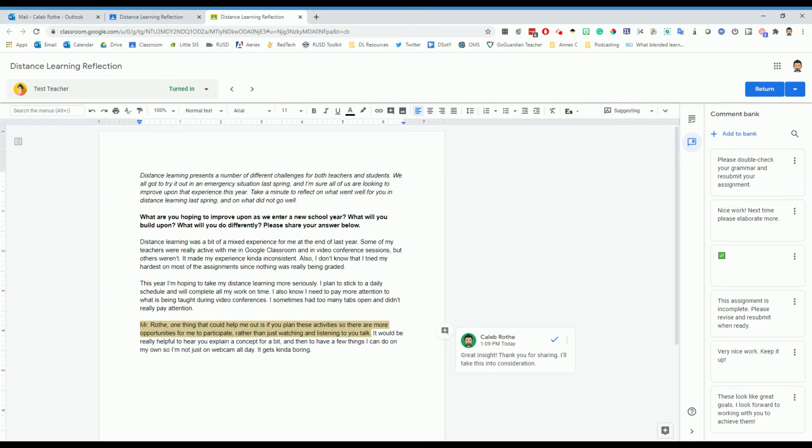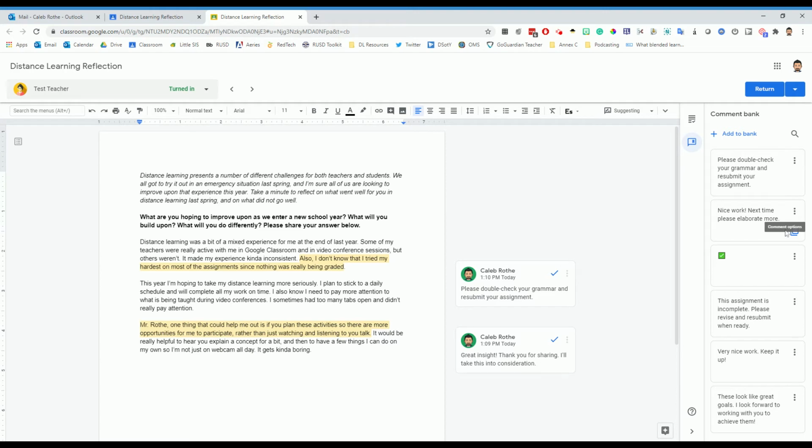And then if I come in here and I highlight one of these sentences or one of these words, I can add a comment and simply paste that comment in here to save myself a little bit of time. This is a great way to be able to give students feedback in batches without having to manually type everything out. The comment feature can also be used as part of private comments, or I should say the comment bank